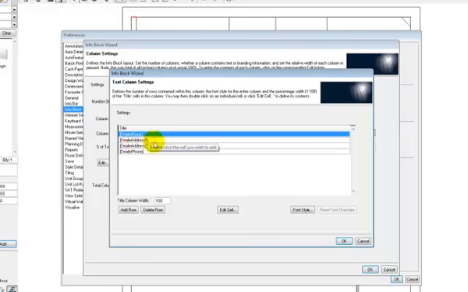I've got the dealer name, dealer address 1, dealer address 2, and dealer phone number. You'll notice there's a title column width, which is set to 100. Now this means that this row is using 100% of the column width. If I had to change that to 50, we have a new option called value, which means that I could